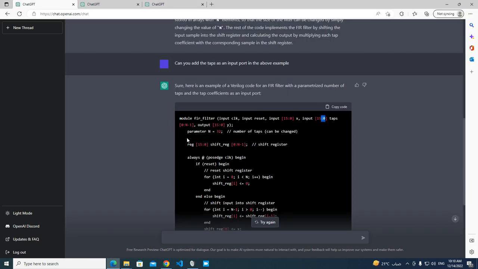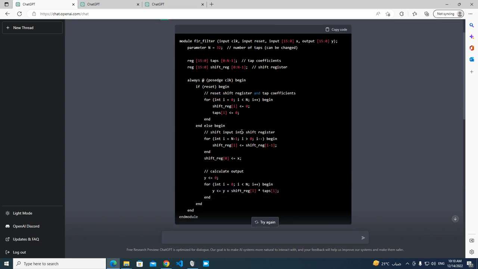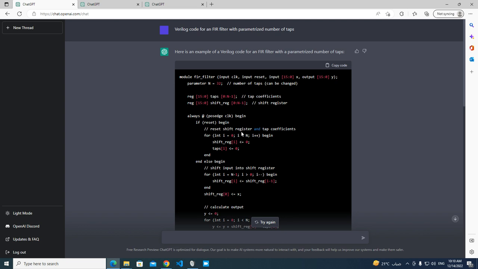So can it design a filter or a block from scratch? It actually does. I gave it a description of an FIR filter, and the thing actually designed the whole filter, and it gave really good results. Actually, this is really good. As you can see, it even comments the code, so even if you don't know what it's really doing or the syntax, you can understand. So it's a reset, then coefficients. It's a very good starting point actually.